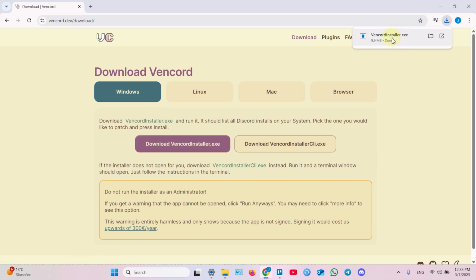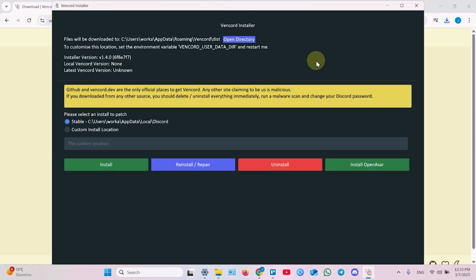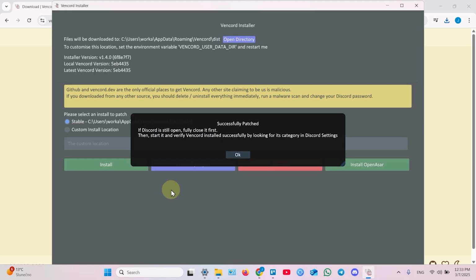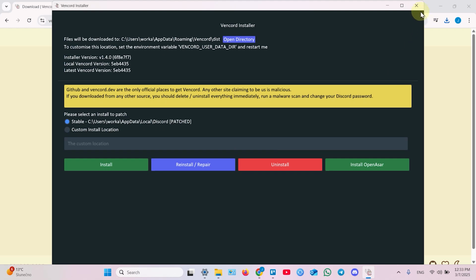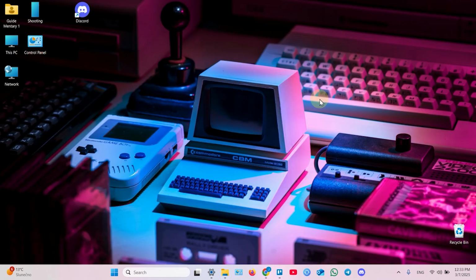Once downloaded, click on the file. Install the stable version. You don't need custom installation unless you are a professional. So let's install. Successfully patched. Click OK. Now you can close this window and minimize your browser. Now launch the Discord application again